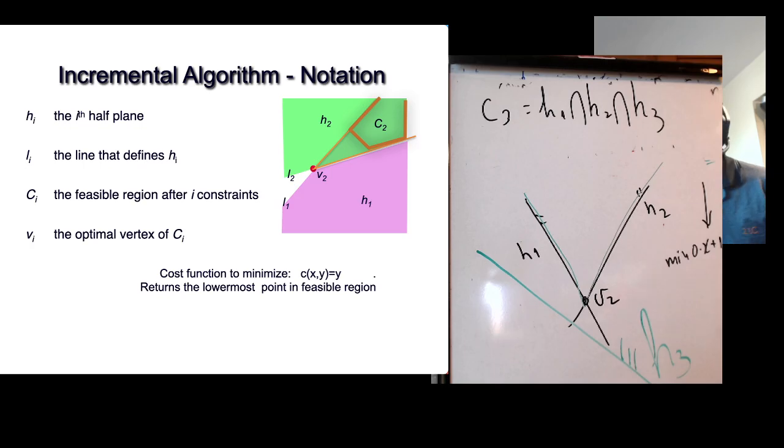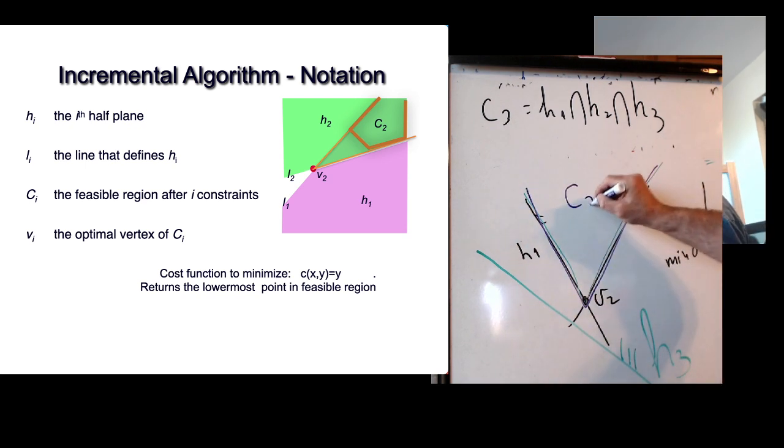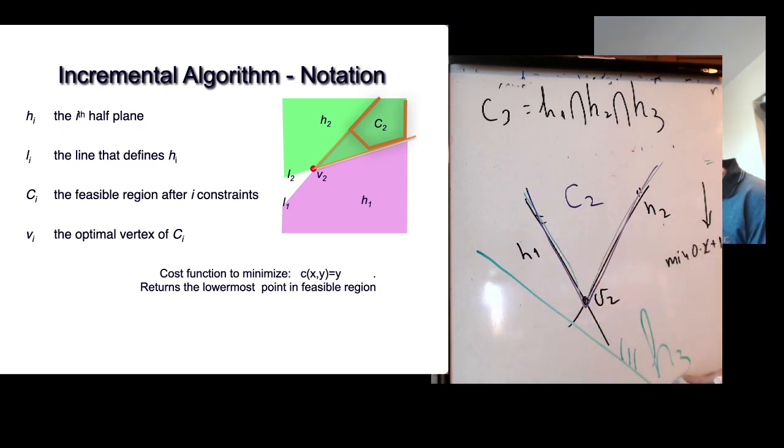It hasn't changed one bit. It's exactly what it was a moment ago. The whole C2 was the whole wedge over here. That was C2. But now this whole wedge lies inside edge 3, so C2 is also C3,